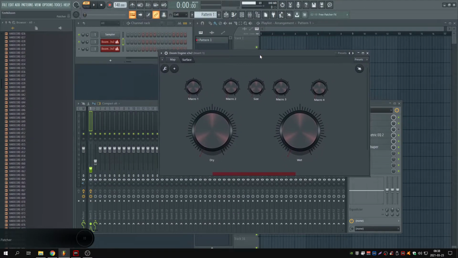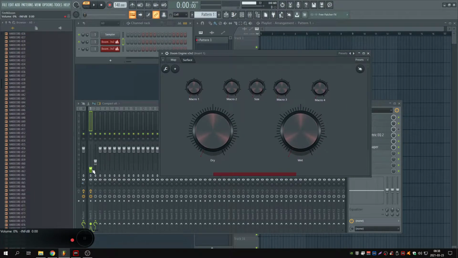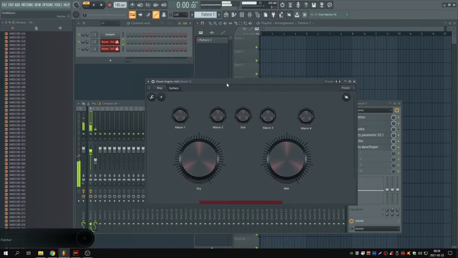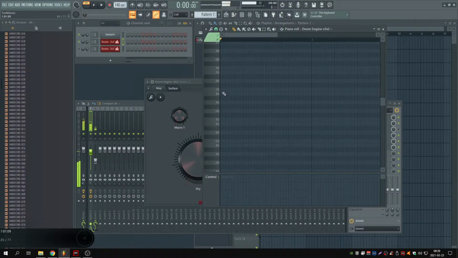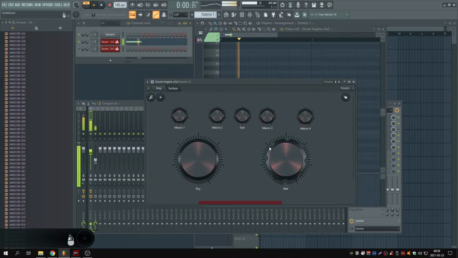It looks like this. I even named it Doomagent. This is version number 3. I'll just put on the volume a bit. Let's have some fun with this, okay? We're gonna put a note in. It's a bit noisy, but